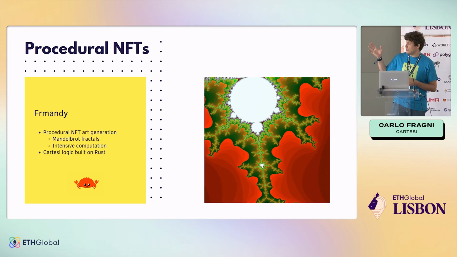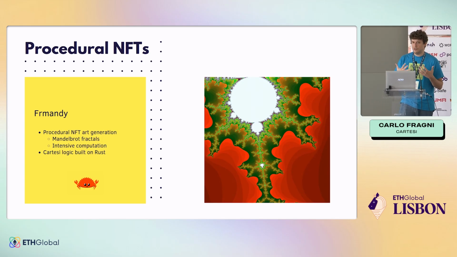So these guys actually wanted to generate an NFT collection with provable art. How did they do it? Well, they generated the art within the Cartesi machine. And in this case, they used a computation-intensive algorithm that generates fractals called Mandelbrot. They implemented it in Rust. So if you have an NFT from their collection and someone tries to tamper with the art or anything, you just go to the Cartesi machine and say, hey, this is not the real art. The real art is this one. This is the computation that generated it. Anyone can just verify this is the right art.